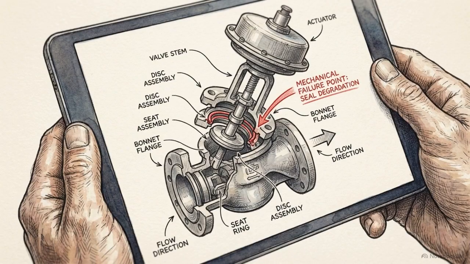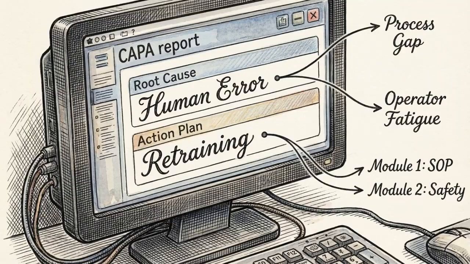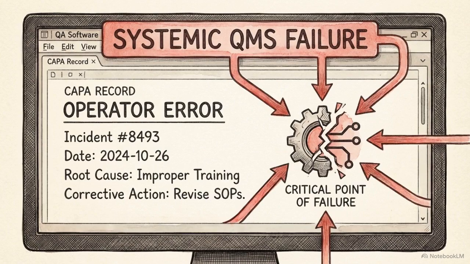The third domain targets root cause analysis within the CAPA system. Surface-level investigations are currently a leading cause of systemic regulatory failures and OAI statuses. If an investigation ends at human error and defaults to retraining, it leaves the underlying process flaw unaddressed, a major